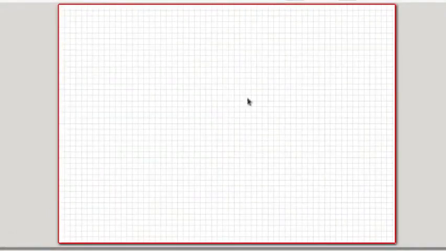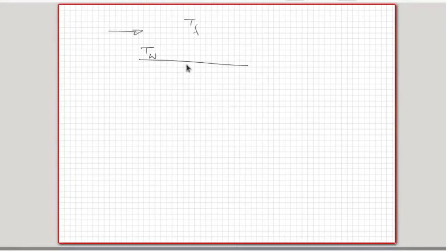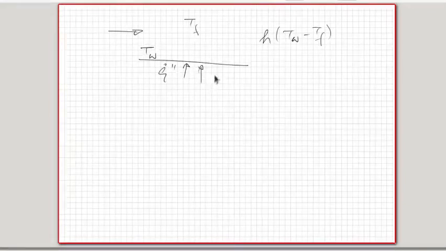So suppose I have a surface and the surface temperature is T wall and the fluid is at Tf and there is a flow. I need to quantify the amount of heat that goes from the solid surface to the fluid, and on this side it is H times T wall minus T fluid. But from the conduction equation we know that this heat that is coming to the surface from the interior of the body is coming because of conduction through the body. So we say that that is equal to minus K del T by del N in the solid,